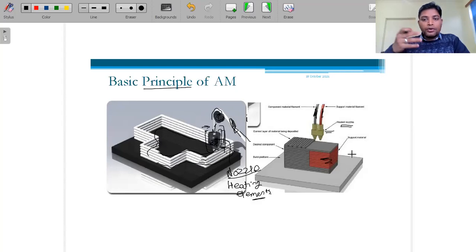This supporting material can be removed: just wash it with soap and clean it with water, or we can clean it with chemical agents. It also has very little strength, so you can remove it by hand only. But for good finishing, we use the chemicals. This is just a supporting material deposited in between wherever needed, and over that we again mount the actual material. In case we have to provide hollow parts or hollow cavities, we can use supporting materials or two-way nozzles.